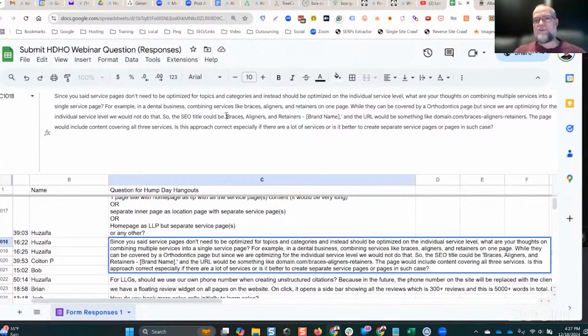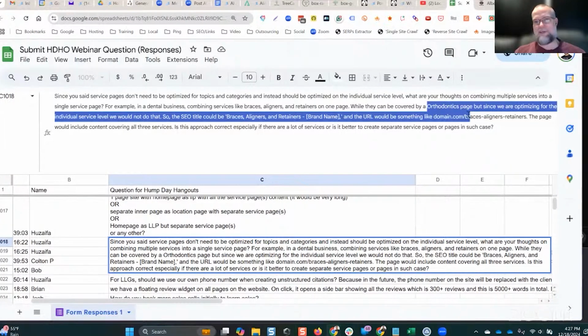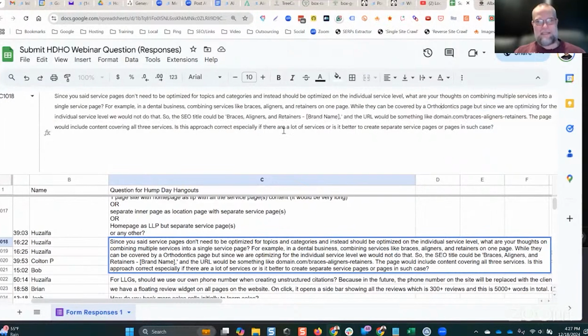But why start with more work than less work? You know what I mean? I always try to start with the minimum viable product first to see how it's going to perform. Optimize to the best of your ability at that level and see how it performs. Because if it's done properly, it may not need child pages. I don't want to add more complication to a site build unless it's absolutely needed.